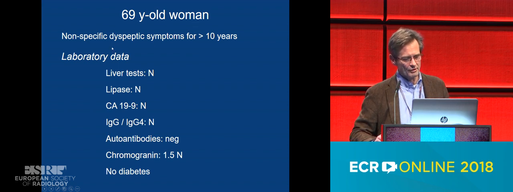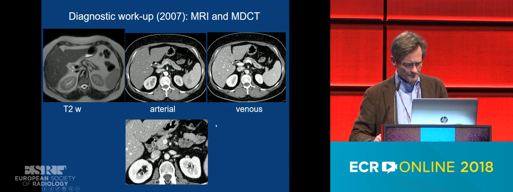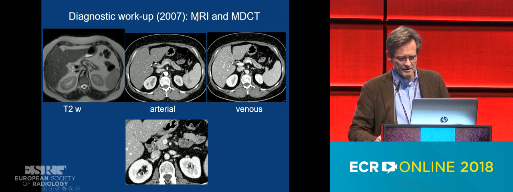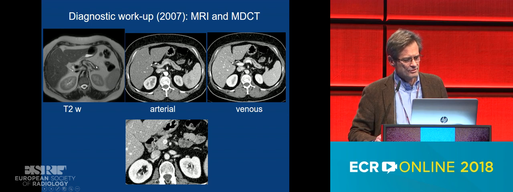A 69-year-old woman with non-specific dyspeptic symptoms for more than 10 years. All the tests were normal, except chromogranin a little bit high. No diabetes. She had a past medical history with cholecystectomy, hysterectomy, and so on. No smoking, no alcohol consumption. And she had a diagnostic workup in 2007 with MRI and contrast-enhanced MDCT. You see here that